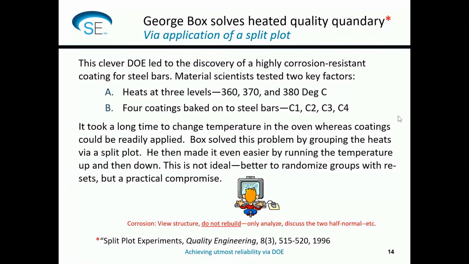But before I do, I'm just going to ping back to the group to see if you're with me so far looking at this write up on this George Box study applying a split block. So if you're still there, okay, we're getting the usual nice feedback from various people. So thank you for that.